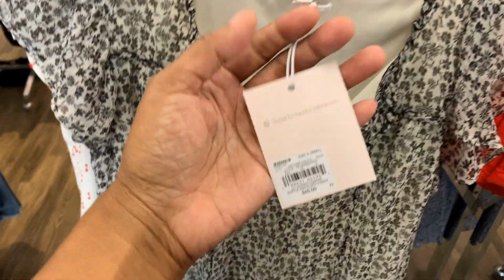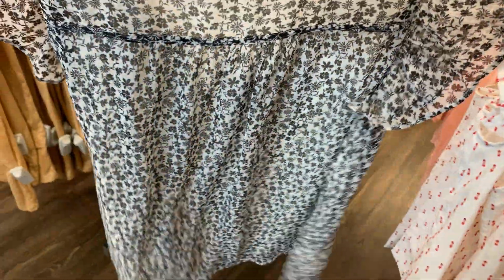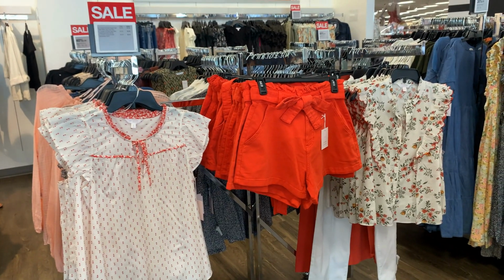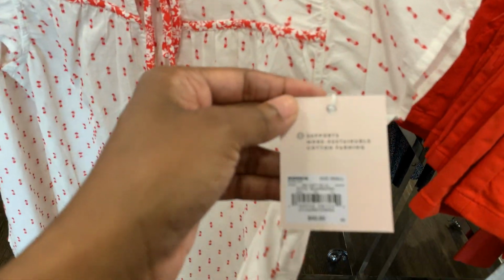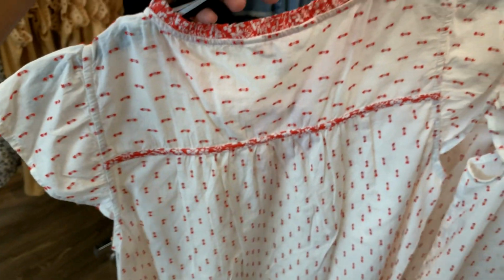So if you want some separates and stuff, $40 for this top right here. It has a little tie at the top, has the cute print, has the girly sleeves on it. But these pieces together will just make some cute outfits. So you can grab this top right here, and it has the cute little red in it, $40. Another nice print, but you can see like